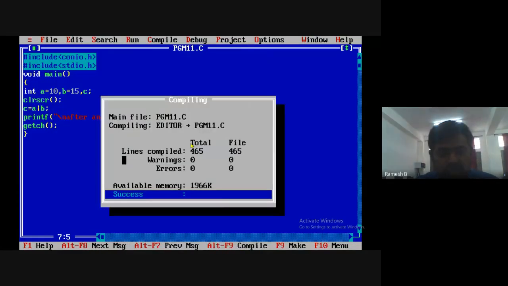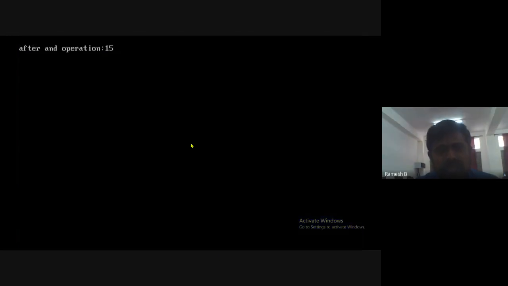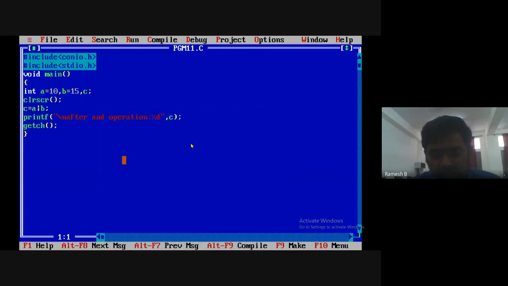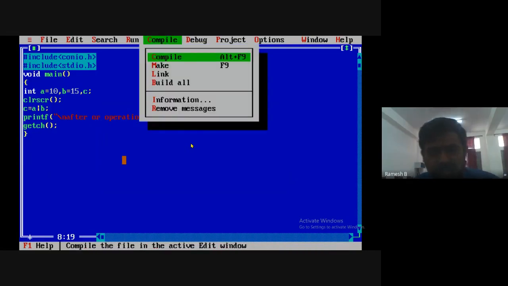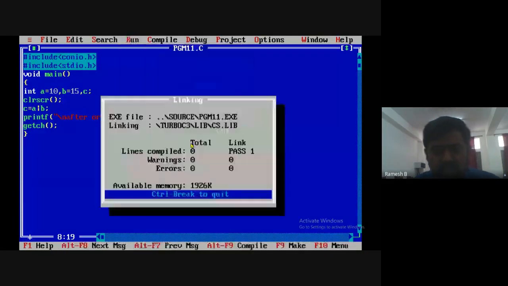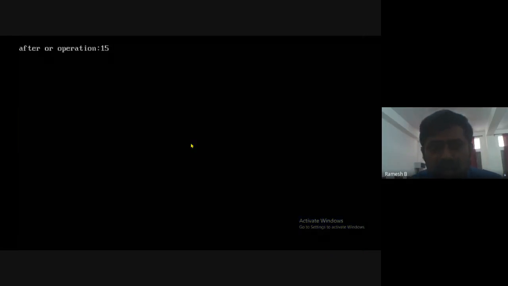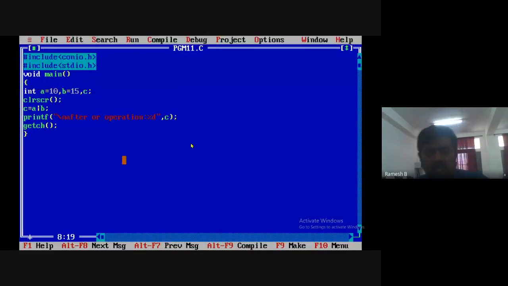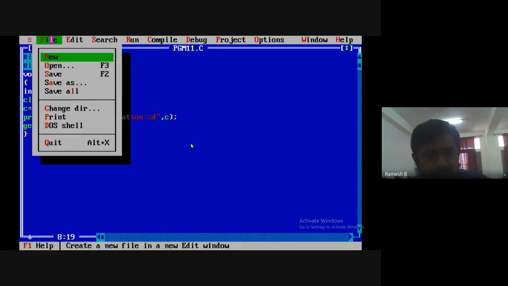Instead of AND operation, here I must write OR operation. I'm compiling this. I'll run it. So after OR operation it is 15. Okay, I'll quit this.